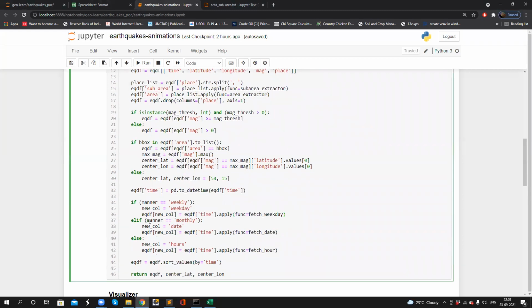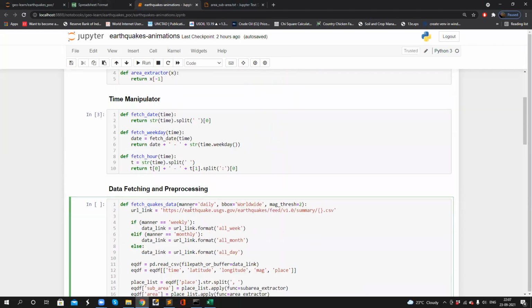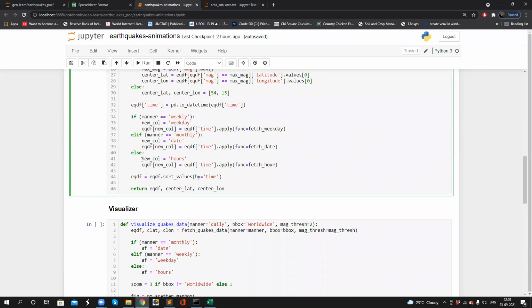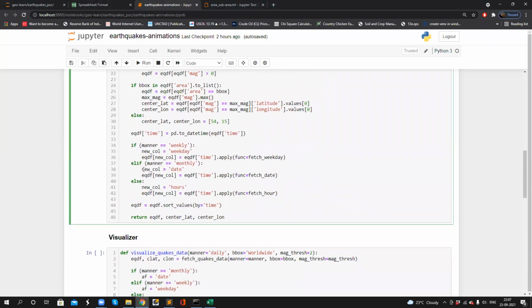Similarly, if the manner is monthly, I'll just take the date value. So new call equals date, eqdf, which is my data frame, new call equals eqdf of time, apply function, that is fetch date.